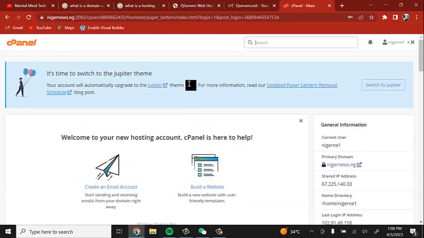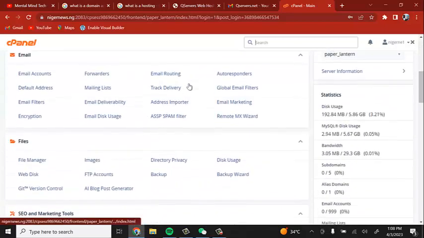So every type of website you're building, even if you are building a website with codes, okay, HTML codes and all of that, you still need a cPanel. All right, if you are building a website with WordPress, you still need a cPanel. So the first step in building a website, no matter the pattern you're using to build a site, coding, WordPress, any of that, you need a domain, you need a hosting plan, and you need your cPanel. All right, and these three things are linked together. Without a domain name, you can't have a hosting, and without a hosting, you can't have your domain name to work.